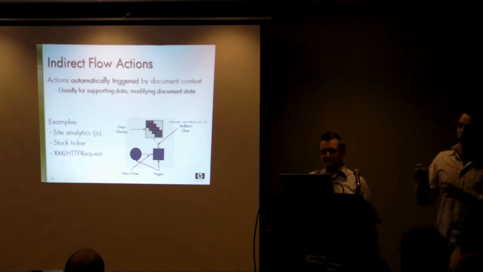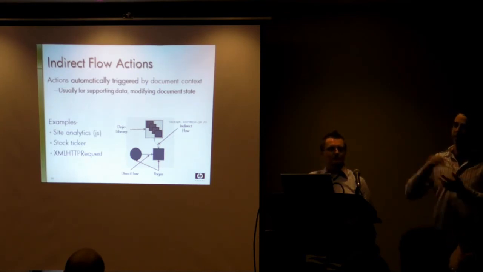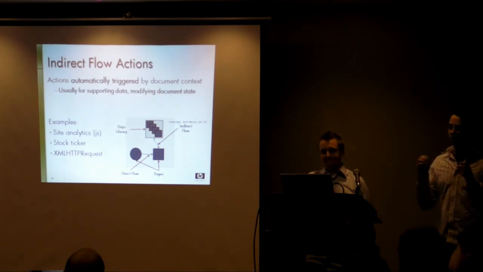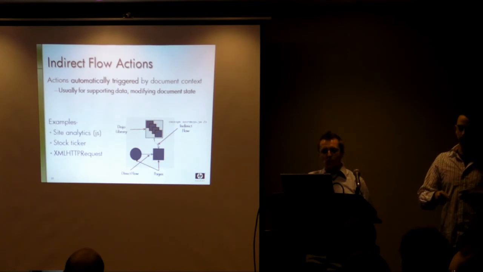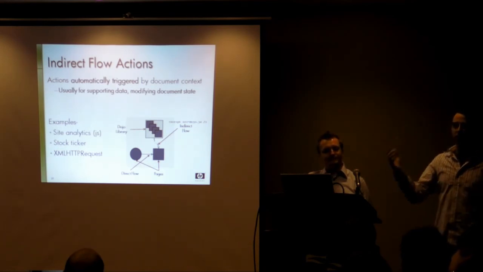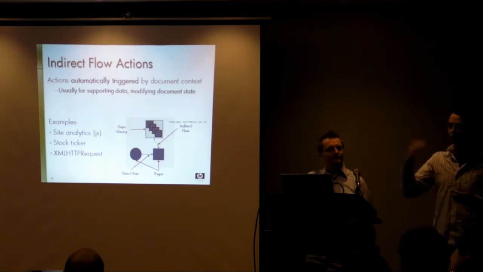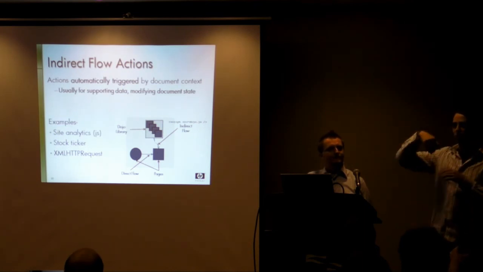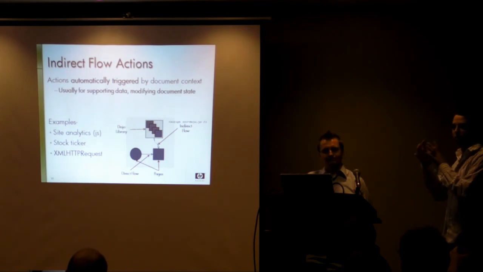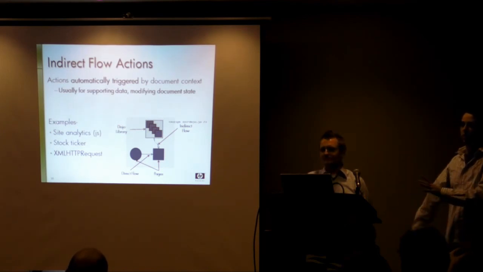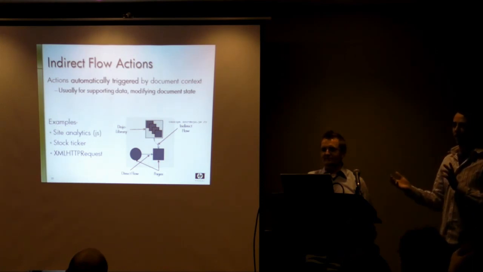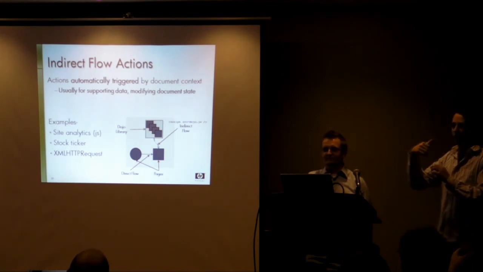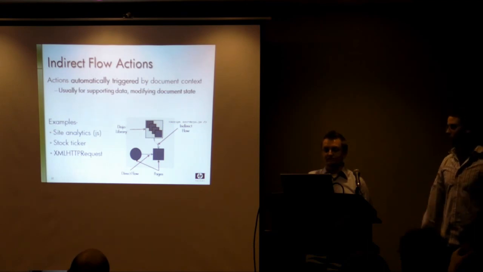And the tricky one is XML HTTP requests. How does AJAX fit into this? AJAX is usually triggered by some kind of user action. So I click on compose my email, and then I need to select one of the people I need to send it to. There's AJAX going on there, and AJAX is a supplemental request to the indirect actions. Does that make sense? Because you have an AJAX request made because of an action you did, that's supplementing the action that you created. So that's kind of what we